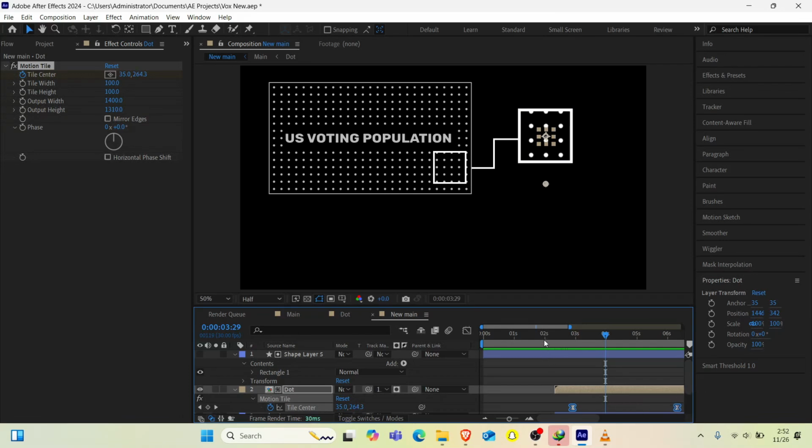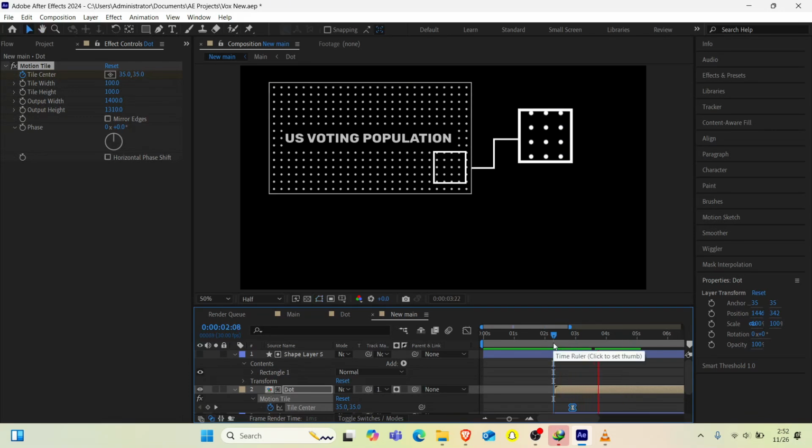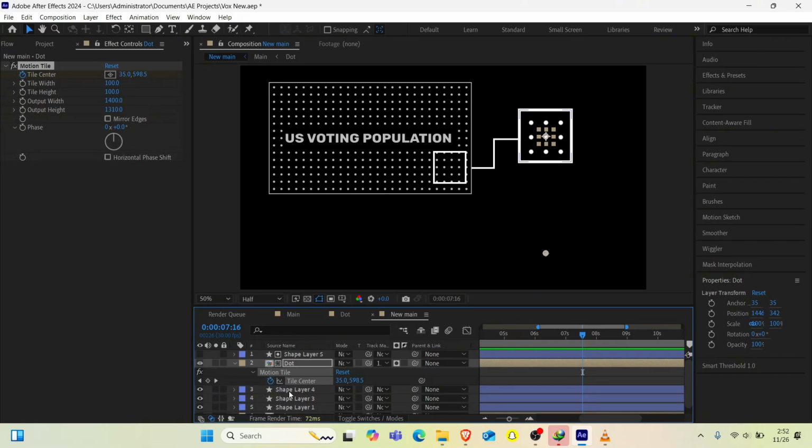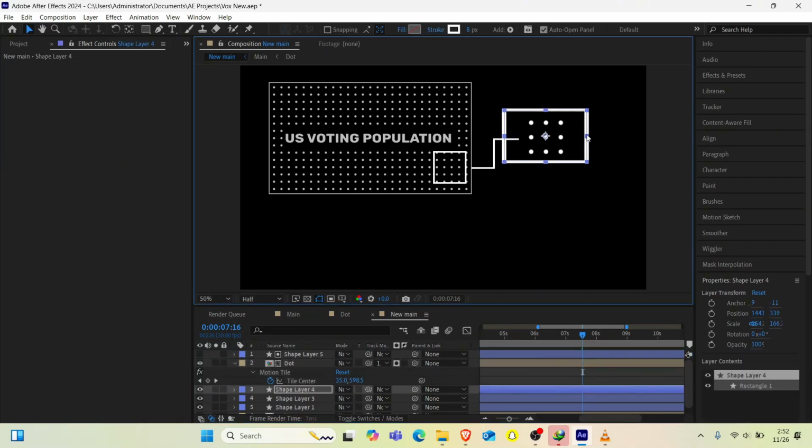so that it will be a little bit slow, but it's still fast, so you can stretch it out again until we get very slow movements like this. This is okay, but it depends on you. You can still stretch it out if you want. Then we'll go to this shape layer, then we'll increase the size